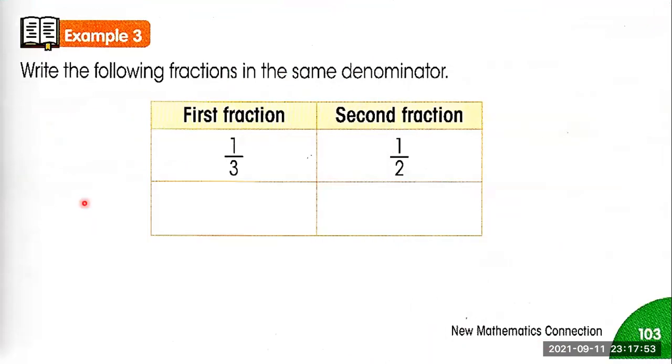Look at your example. Write the following fractions in the same denominator. So we have here two different fractions. First fraction is 1/3. Second fraction is 1/2. Now here, we need to find the same denominator for 1/3 and 1/2. How are we going to do it? Okay, first,